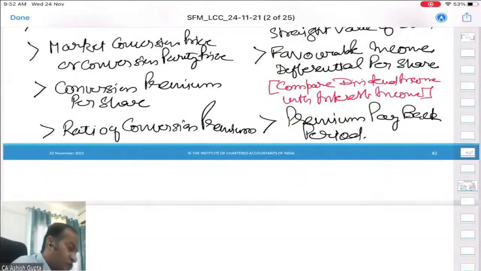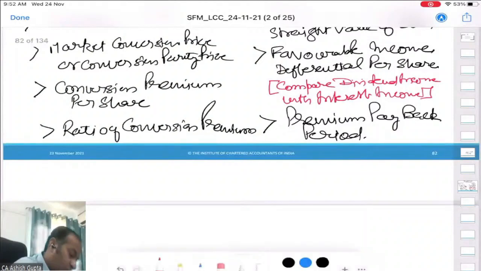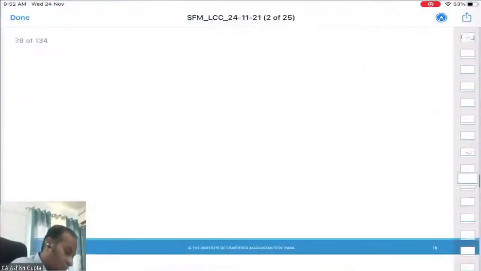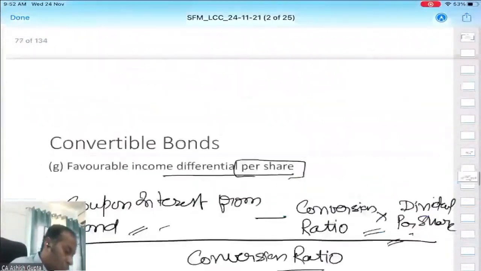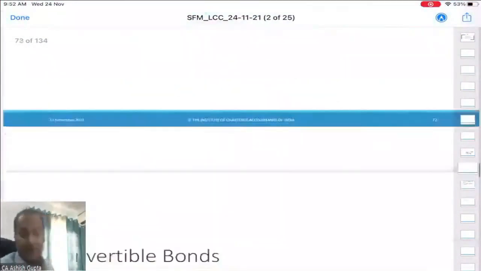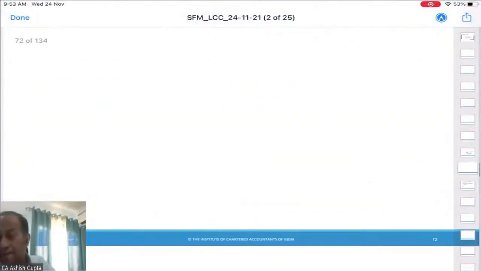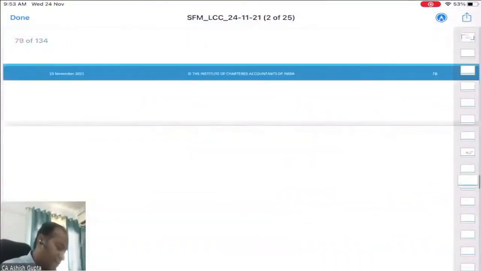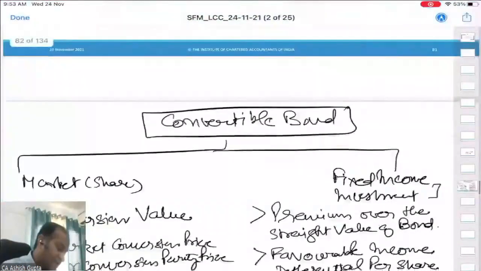It is kind of an opportunity cost. So students, I think if I start the question, it will take some more time. So I will start discussing quickly the risks associated with the bonds. Then we shall take up the numerical questions in the next class.